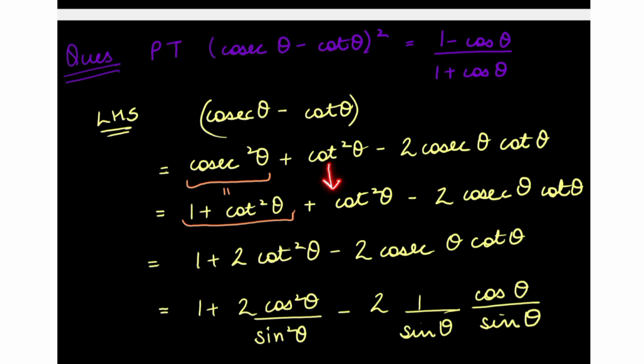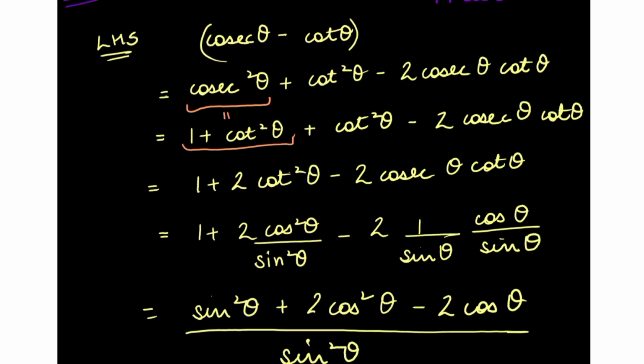Okay, cot remains the same and this can be written as same. So what we get, cot square theta plus cot square theta gives us 2 cot square theta. Rest everything remains the same. Now let us convert this expression into sine and cos. So 1 plus 2 cos square theta divided by sine square theta minus 2 times 1 by sine theta into cos